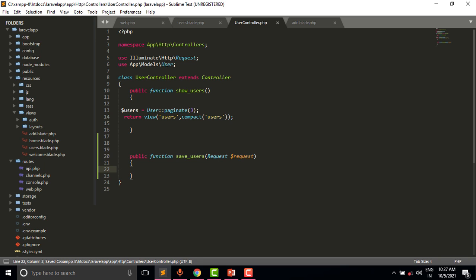So we have already imported the users model and we will use the user model. First of all, we will use the server side validations which Laravel provides by default. We have already learned how to use the validations in Laravel, so let us use this validate request.